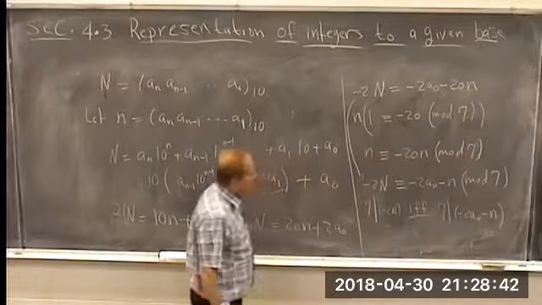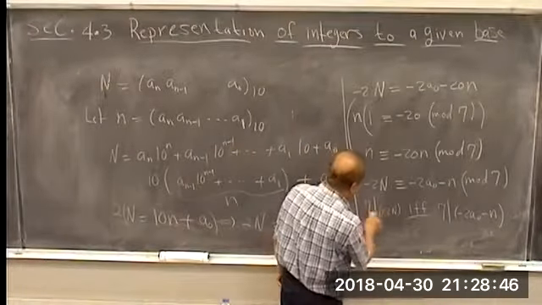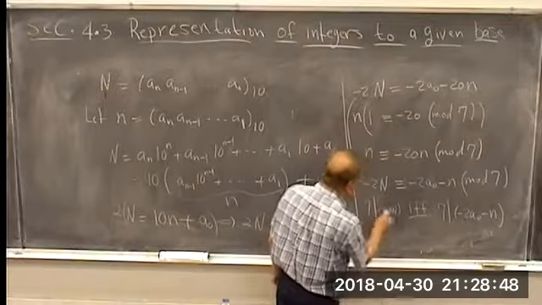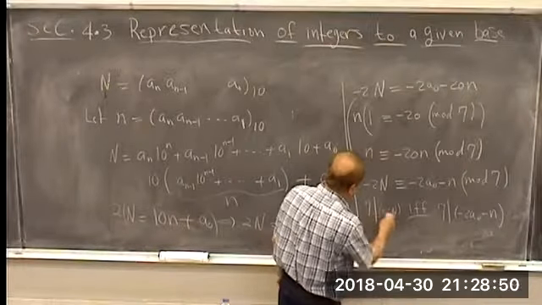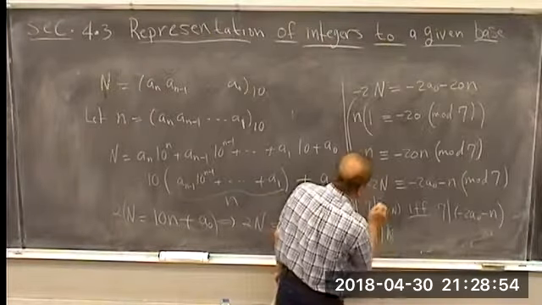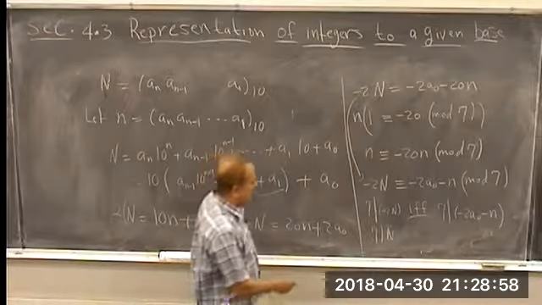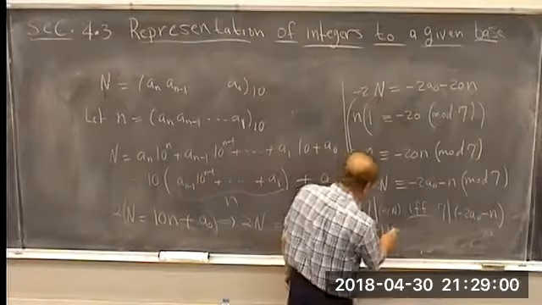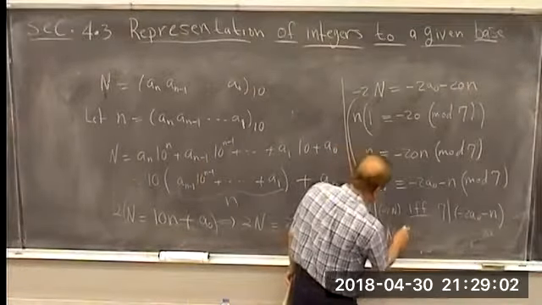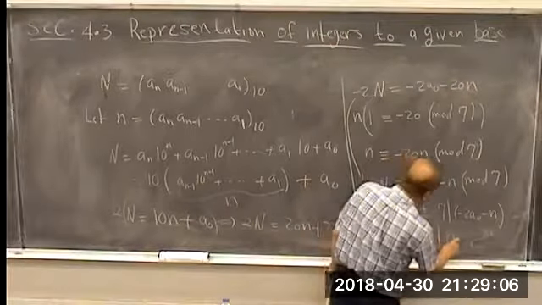But since 7 is relatively prime to 2, or the negative, we can remove the negative as well. So if 7 is divisible by negative 2n, then 7 is divisible by n, and vice versa. If and only if 7 is divisible by n,